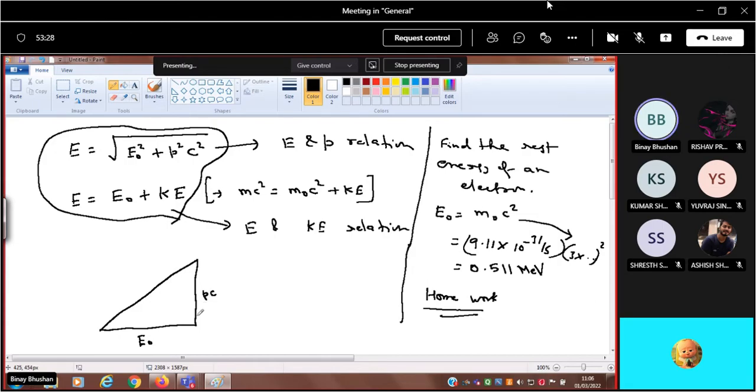तो जो हाइपोटेन्यूज होगा वो क्या होगा? अंडर रूट E0 स्क्वायर प्लस P स्क्वायर C स्क्वायर, राइट? सही है ना? यस सर। तो ये E हो जाएगा ना, E इज इक्वल टू दिस, हो जाएगा ना? यस सर। अब मैं क्या करता हूं, कीपिंग दिस एज सेंटर, राइट, कीपिंग A एज सेंटर एंड AB एज रेडियस, एक आर्क ड्रॉ करते हैं।